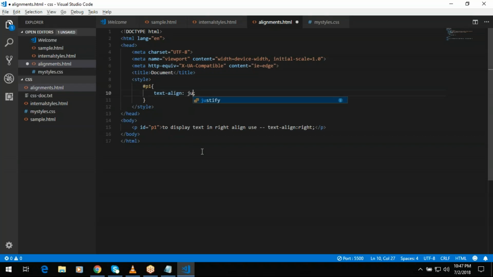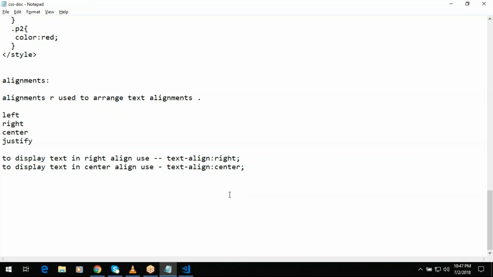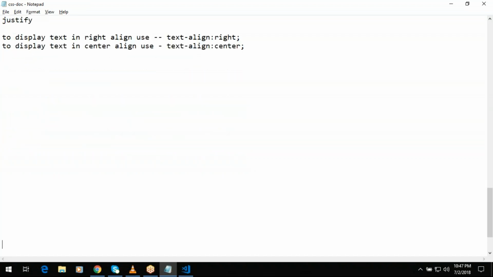And justify. Justify adjusts the word and letter spaces in each line of text to make each line the same length. And this is the text align property, and the next property is